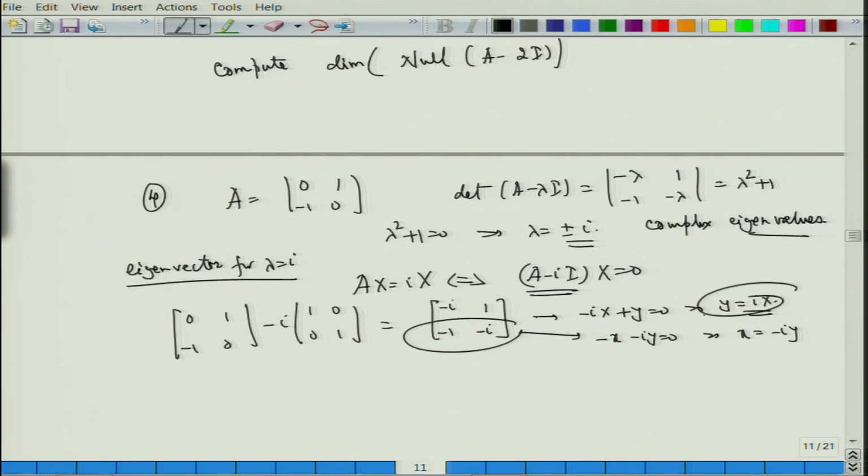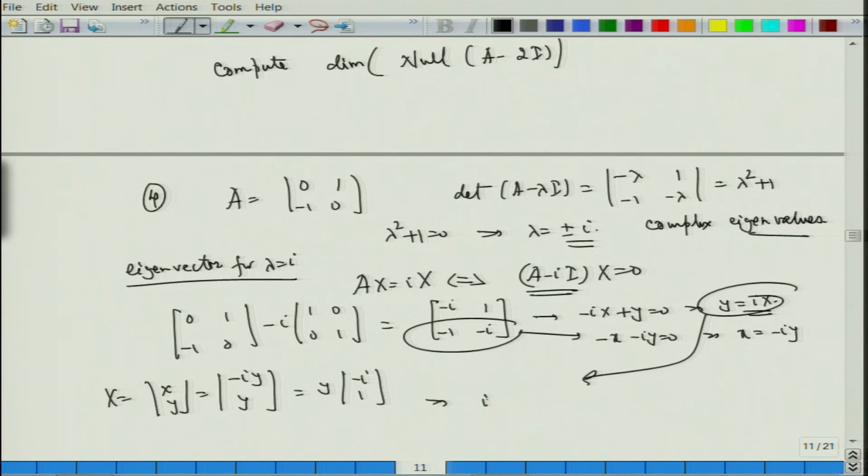So if I use this part, what I get here is, and just multiply with minus, I will get back the old one. All right. So you are looking at x, which is (x, y). So this is the same as, I want to write it all in terms of y, minus iy and y, which is the same as y times (minus i, 1). All right. So this implies that (minus i, 1) is an